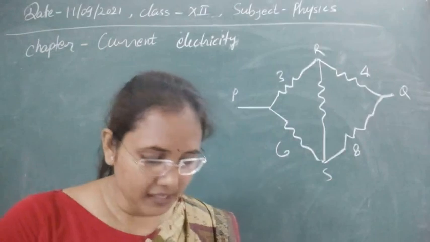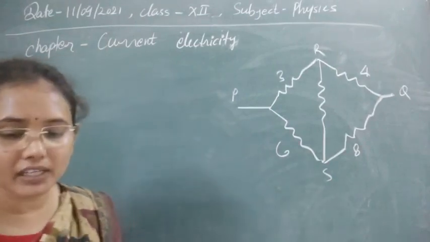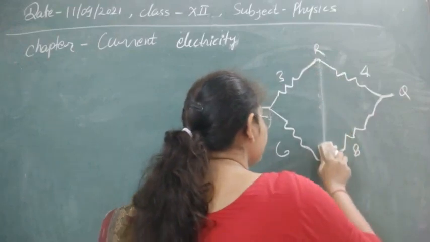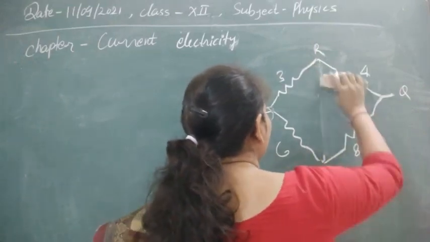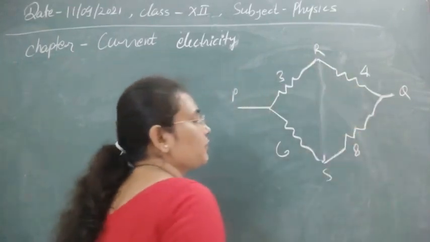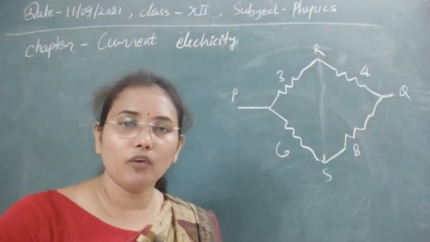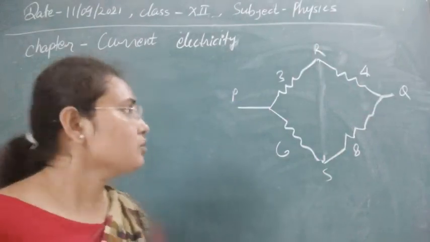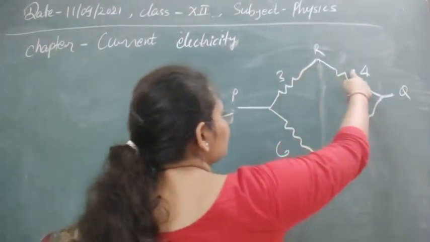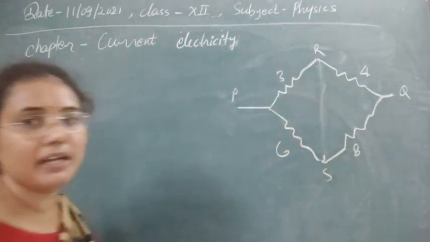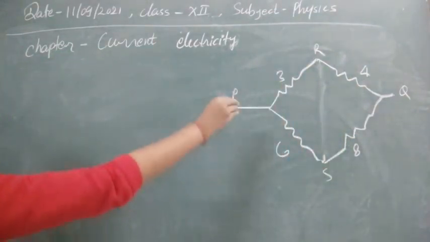So you can see simply this is a Wheatstone bridge. In balanced condition, as in a Wheatstone bridge, no current is passing through this arm RS. So at that time you can neglect or just remove this resistance from here, because that will behave just like a simple wire. There will not flow any current through that one. So in that case, these two resistors will be in series, and these two resistors will also be in series, and then they will be in parallel combination. So let's solve this one.